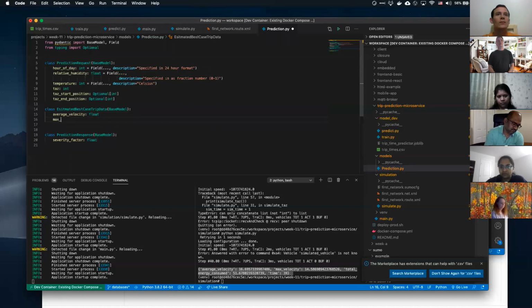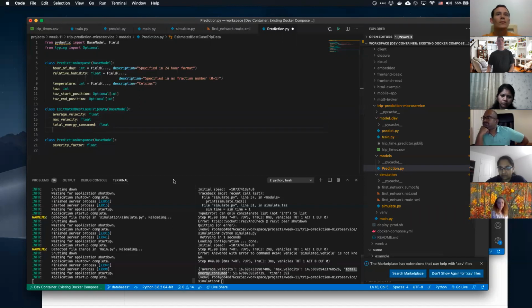Let's do a max velocity, based on just mapping the things that come off of here, right? So max velocity, float again. Let's do a total energy consumed, another float, and let's do trip time, right? Or just time. We'll just do an int.